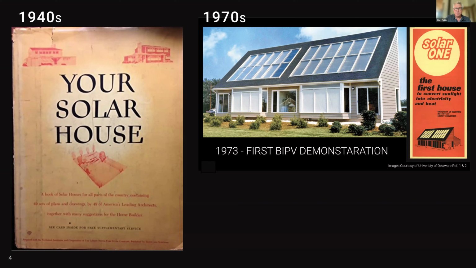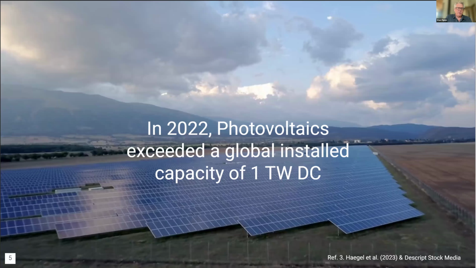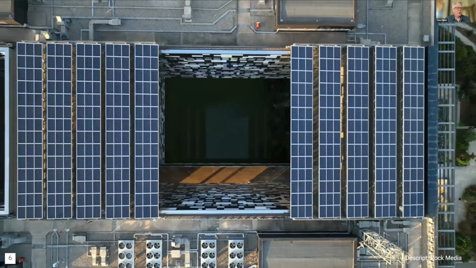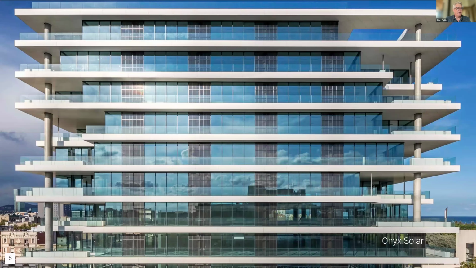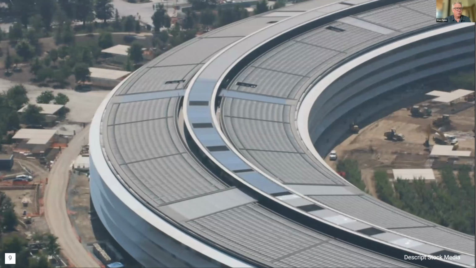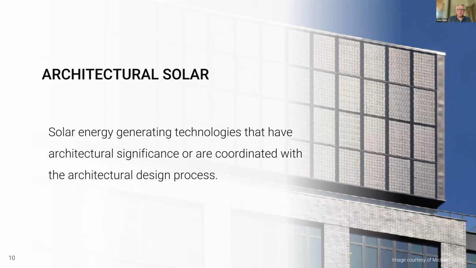And in the next slide, this is just a metric to say that in the intervening times between the 70s and today, one thing that's been addressed aggressively by our industry is that solar is a competitive energy source. So it's been commercialized. We're at grid parity in many parts of the world, and the cost issue is something that we've solved. So this next series of slides is just a quick smattering to say what's happening out there in various corners of the world, interesting applications of solar technologies in their various forms on various buildings. The reality is, we ask the question, why isn't this happening more often? And so that leads us to